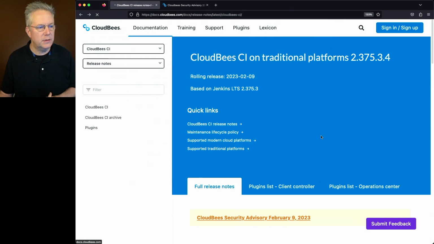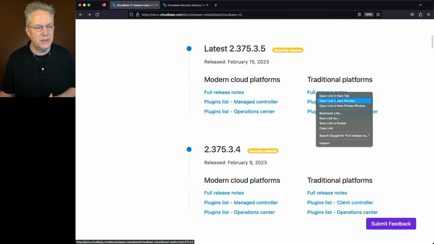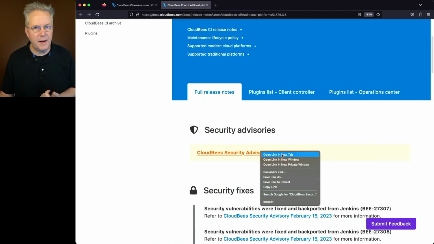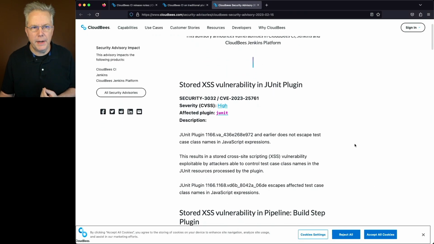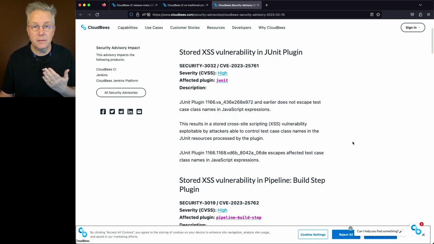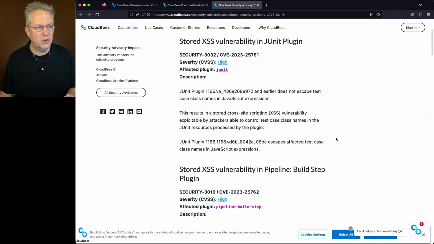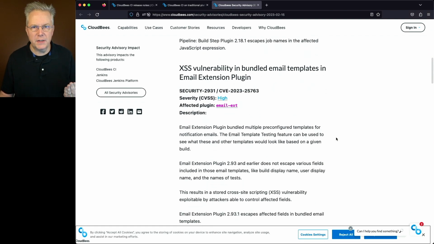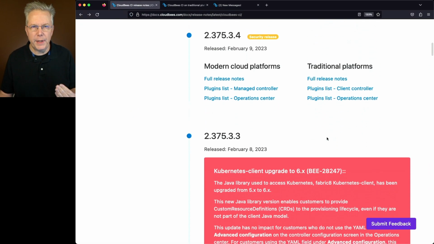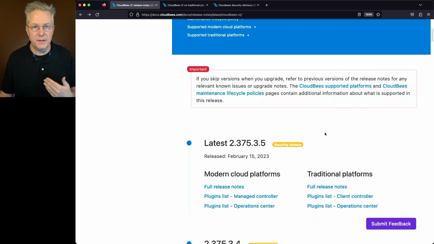And finally, if we go back and take a look at the release notes one more time, at the release notes for .5, again, we're going to see another security release. If we take a look at the security advisory for .5, what we're going to see is that there were a number of plugins that were updated that had a variety of different security issues, some that were stored cross-site scripting and some that were cross-site scripting vulnerabilities. So again, the recommendation for this release, even though it's all based on 2.375.3, is that when you upgrade from whatever version you're running now, make sure you upgrade to the latest version, which as of February 15th is